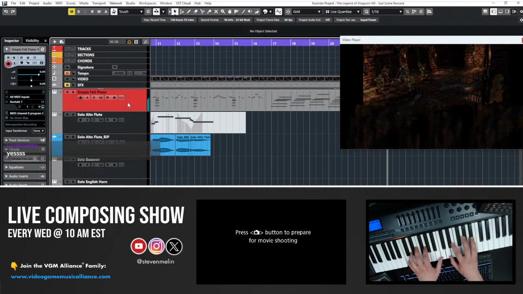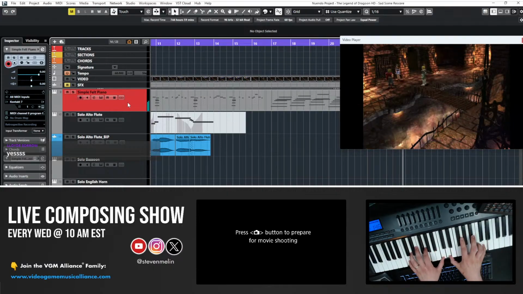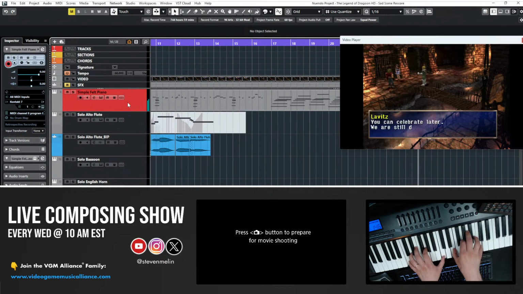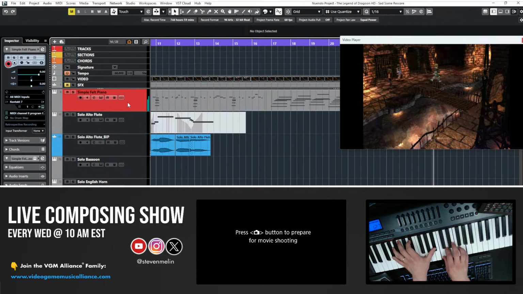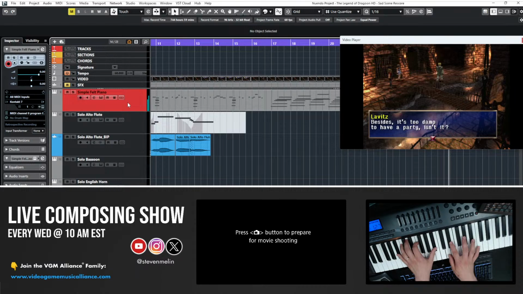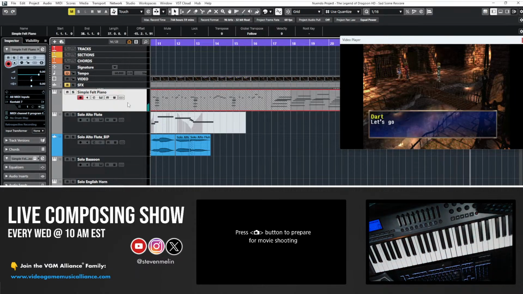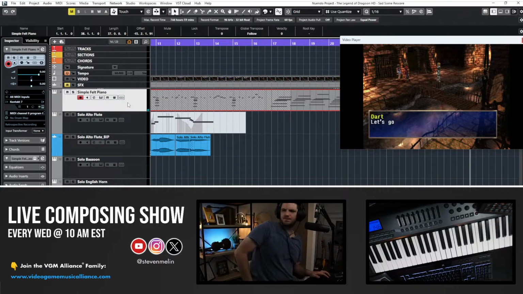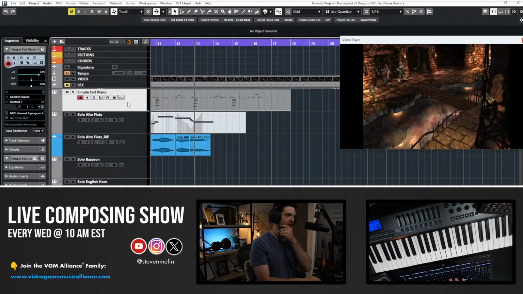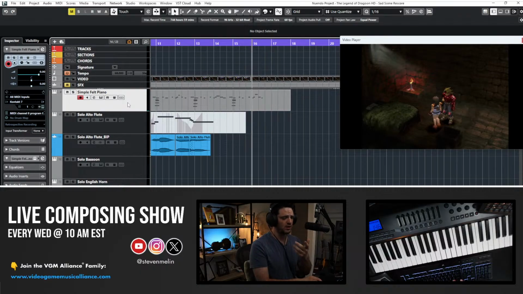Fix that in a second. Okay, so a couple things at play here. If I'm going to do that Picardy third, it has to be on the final one only, which will be the loop point.